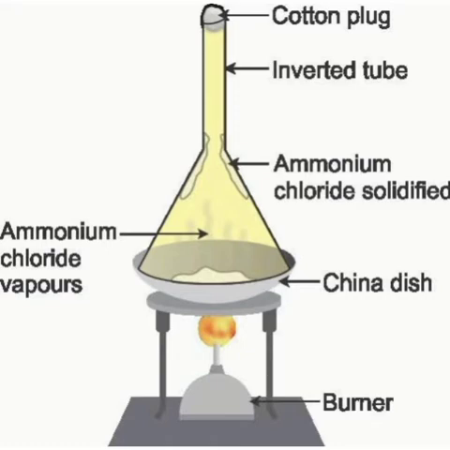So we have separated ammonium chloride and the sand. Sand we will get in the china dish, and ammonium chloride vapors will evaporate, and again we can get this ammonium chloride in the neck of the funnel. Did you see? Ammonium chloride solidified. By applying some cooling to the vapors evaporating from the ammonium chloride and sand mixture, we can obtain ammonium chloride back. Now ammonium chloride is separated from this sand. Did you understand how sublimation helps in separation of solid mixtures?